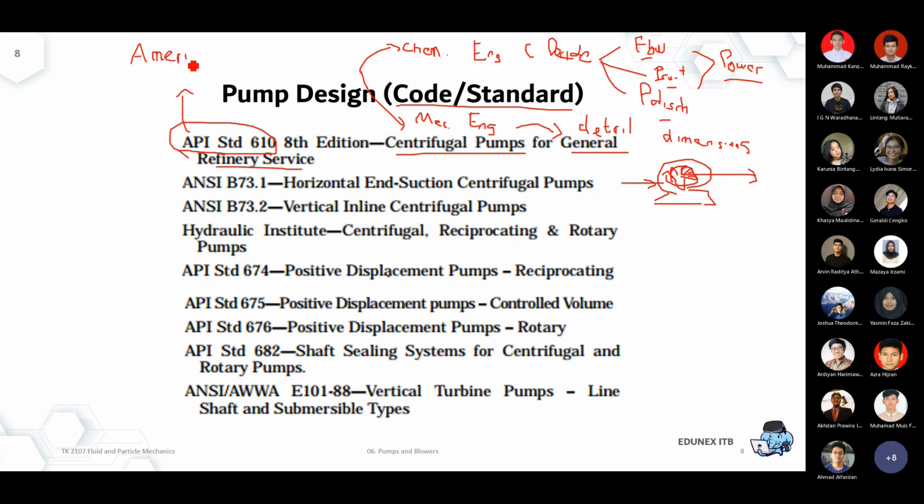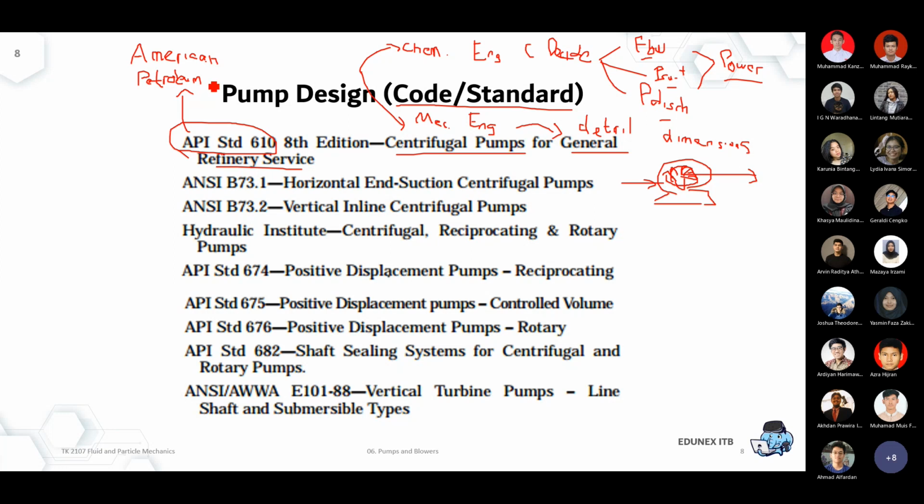Mainly it was developed in the US, and mainly it was developed to handle petroleum pumps. The thing about the petroleum pump is it's usually well made, it's usually very reliable, but of course the consequence is it's relatively expensive compared to other generic pumps that you can buy